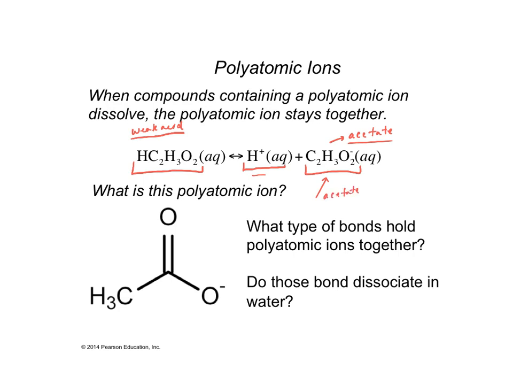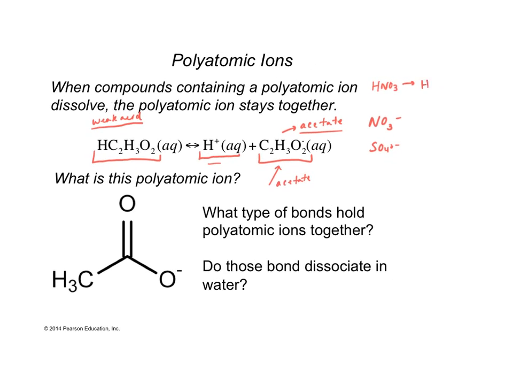And it stayed together as this little polyatomic ion, so overall it had this 1- charge. That's what's going to happen with respect to polyatomic ions when we put them in water. So other polyatomic ions, things like nitrate or sulfate, when they go in as some sort of solid salt or acid, so let's say HNO3, when this breaks apart into its different ions, it's going to break apart into H+,